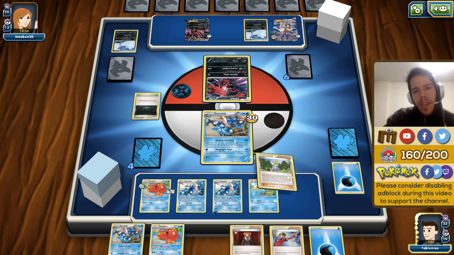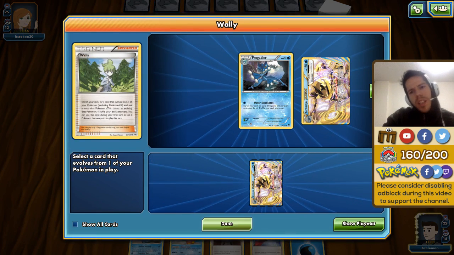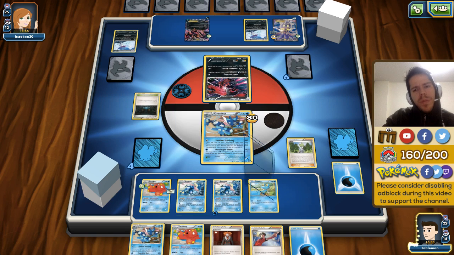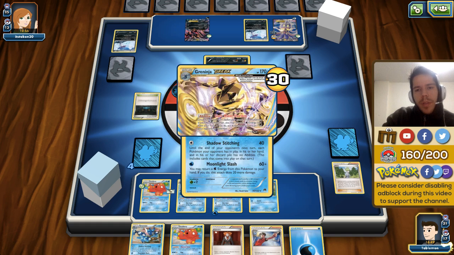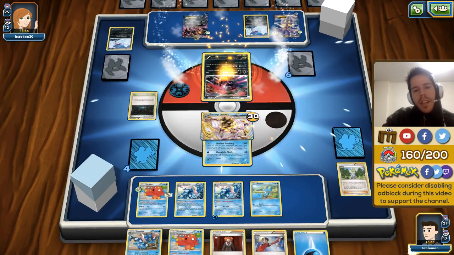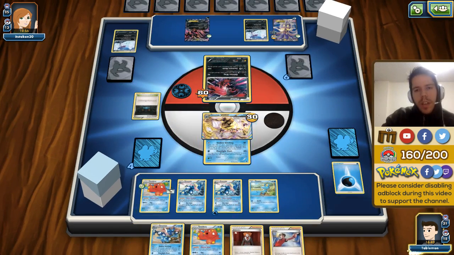But no. I'm gonna use my Wallies here. Get myself my wait, what? Greninja BREAK is in the deck, both of them? How? When? When did that happen? I am going to Giant Water Shuriken the active,